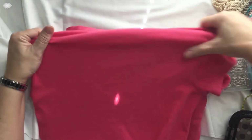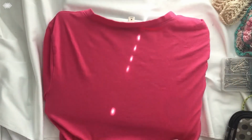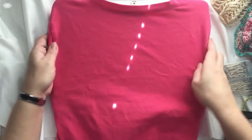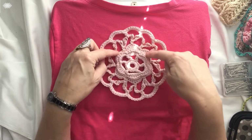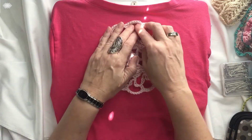And I'm going to put my laptop in here just to give it a nice flat surface and have it centered. So here's my arms, and here's the neckline and the shoulder seam, so that I know where I'm putting this thing. Okay. So I'm going to put it, I think, where there's 6 petals in here, and there's 12 out here. So I'm going to make sure that this one is pointed up, and I'm just going to pin it to